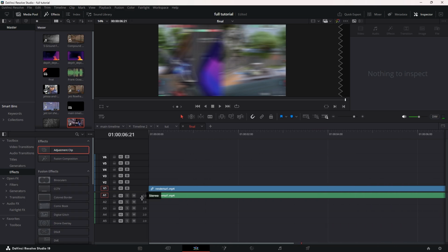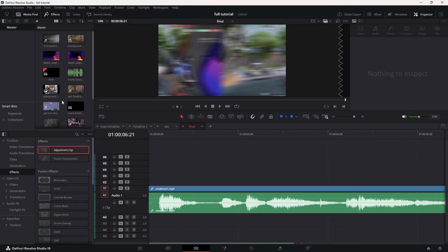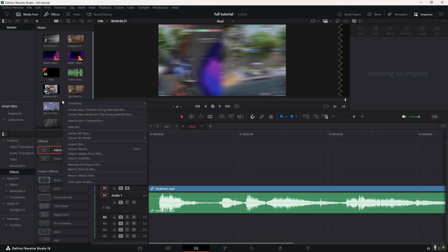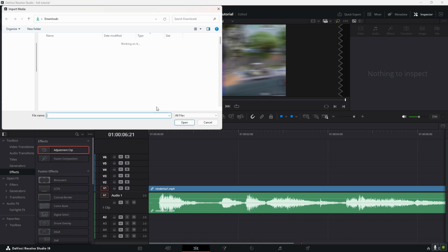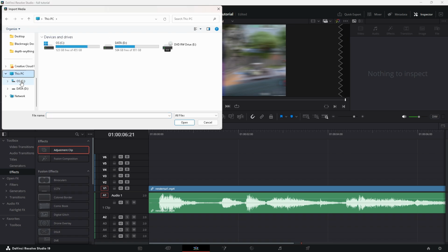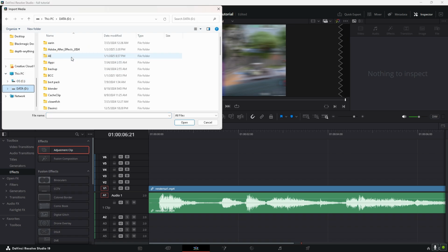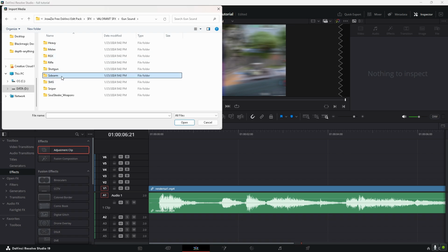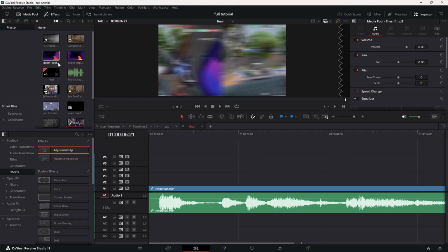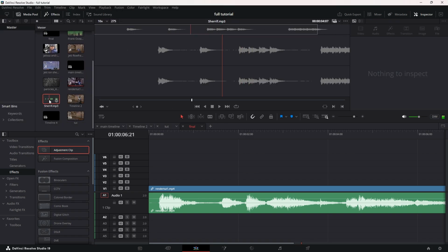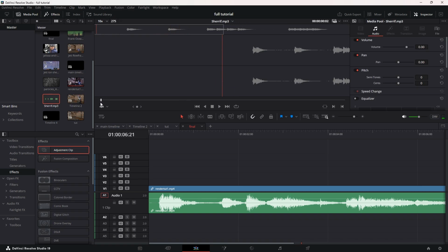Now, for SFX, I really suck at them, so probably don't listen to me. But you're going to take whatever gun sounds you have. I'm going to use just the basic ones. I'm not going to try and find the SFX for this, but I use the J Rosie pack because I don't like to find SFX. So Valorant SFX, gun sounds, sidearm, sheriff, and it just imports the shooting sounds. So I'm going to choose this, but